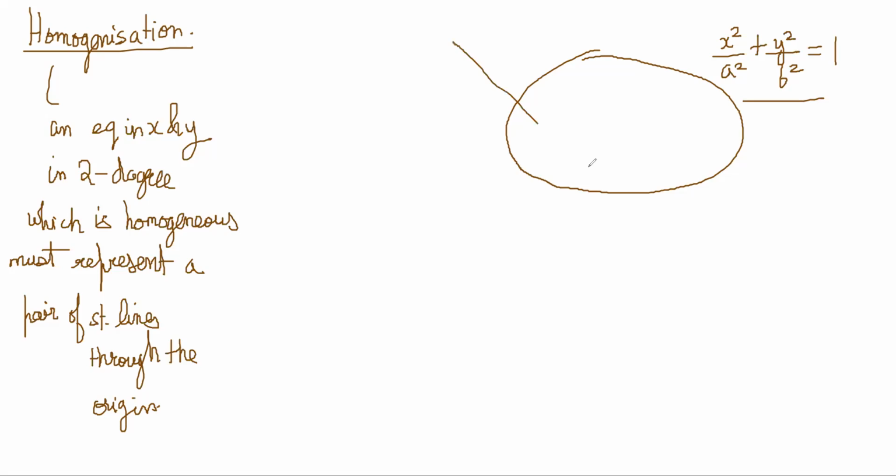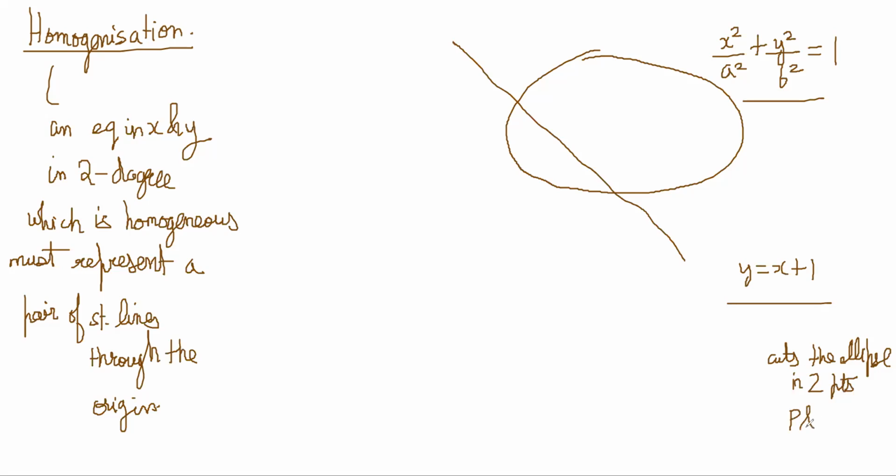And let's say we have a straight line, y is equal to x plus 1, suppose. Then this straight line cuts the ellipse in 2 points, P and Q. So this point is called P and this point is called Q. Now, the question is asking you,